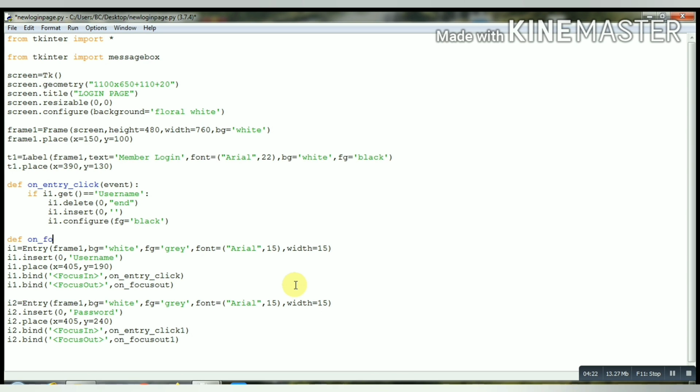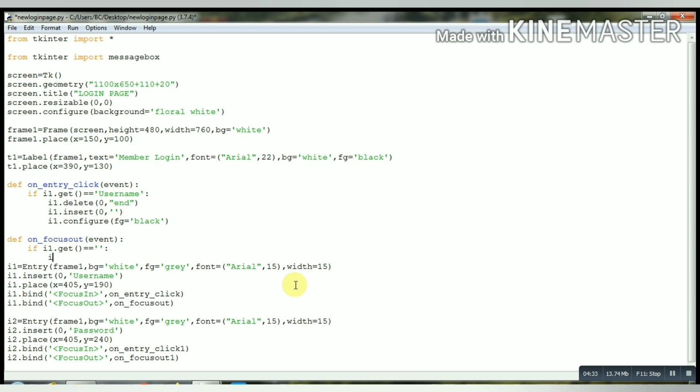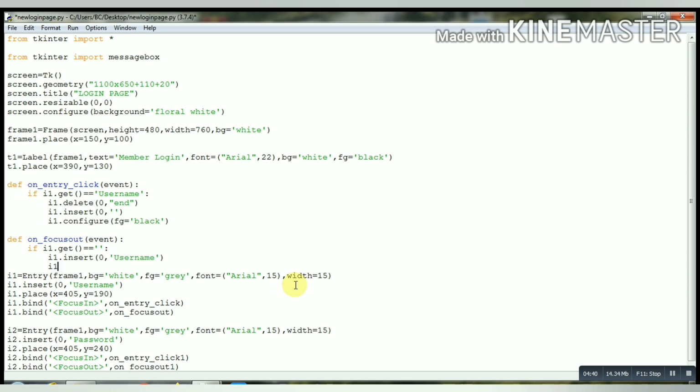Now we will define on_focus_out. In the on_focus_out event, if I1.get is empty, then we will insert at 0 username, meaning the user doesn't enter anything, and set the foreground as gray.